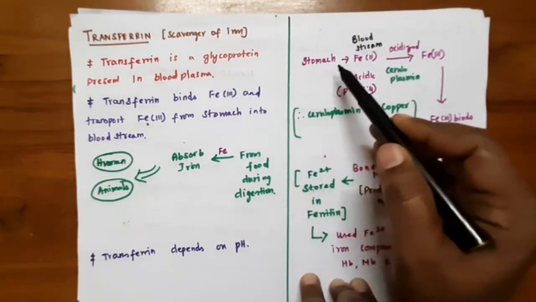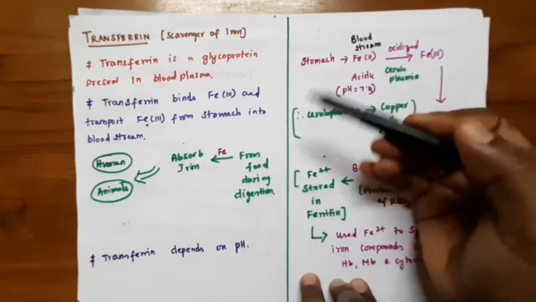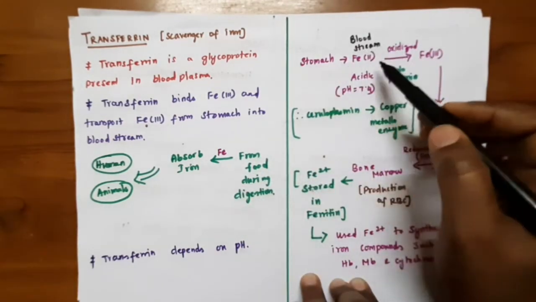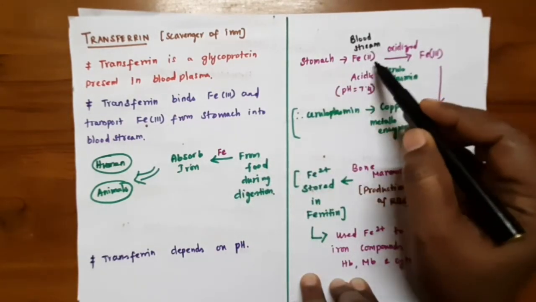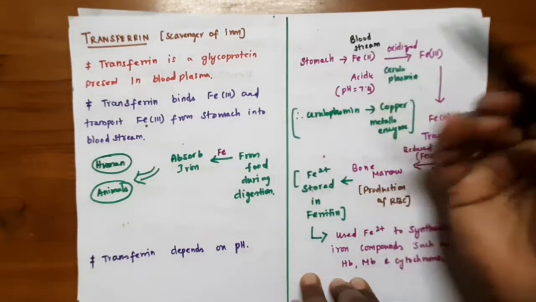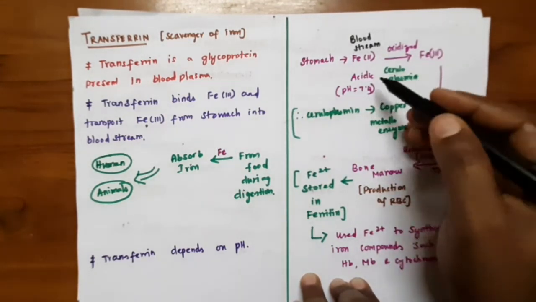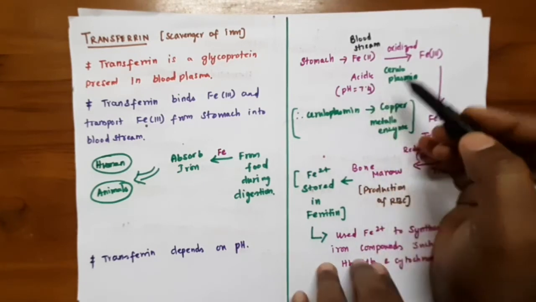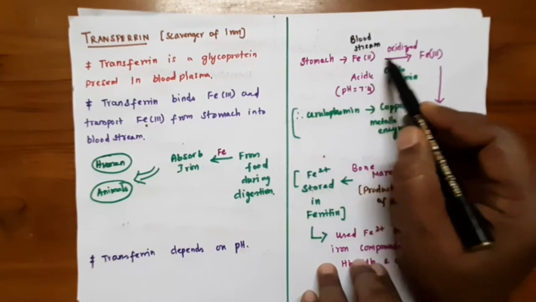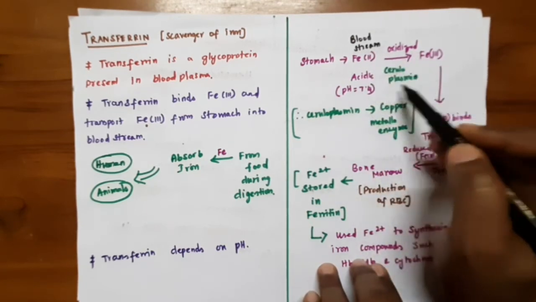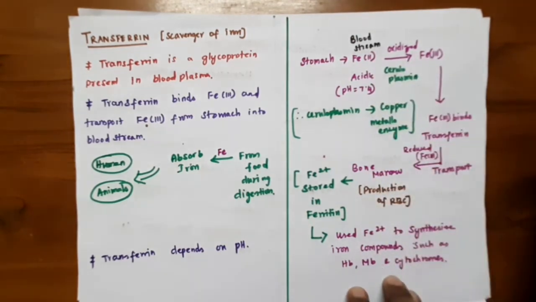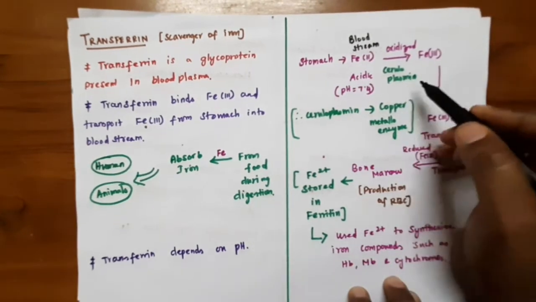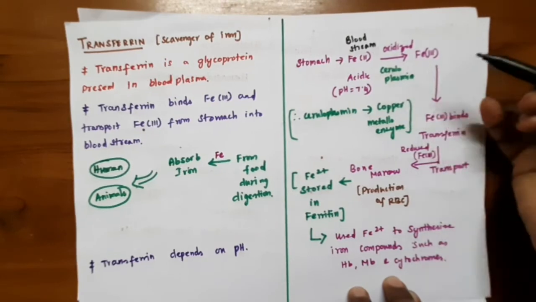Here the stomach consists of digested, absorbed iron, and this absorbed iron is in the bloodstream, containing Fe2+. Hemoglobin in blood is made up of iron(II), which is acidic in nature, and the pH is nearly 7.4. This Fe2+ in the blood gets oxidized by the ceruloplasmin to Fe3+. Ceruloplasmin is a copper metalloenzyme, a copper-containing enzyme.